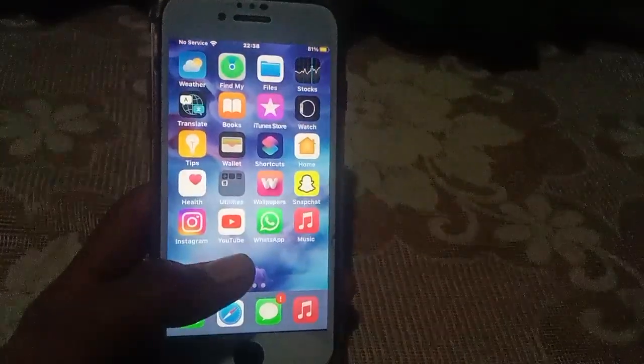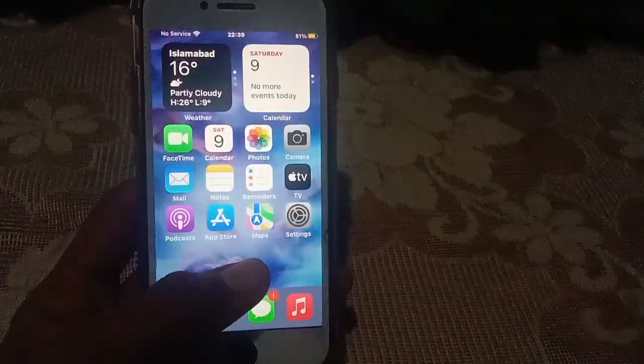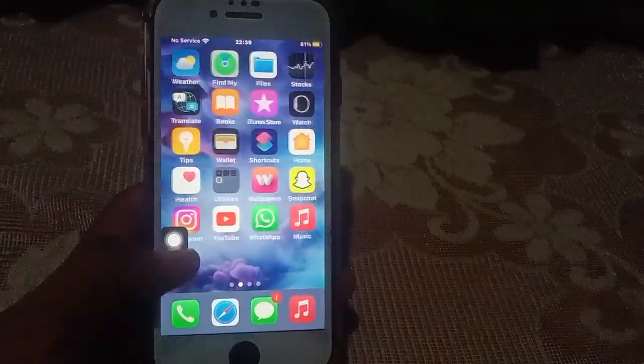Another useful and informative video which is about how to fix assistive touch not working on iPhone after iOS 17